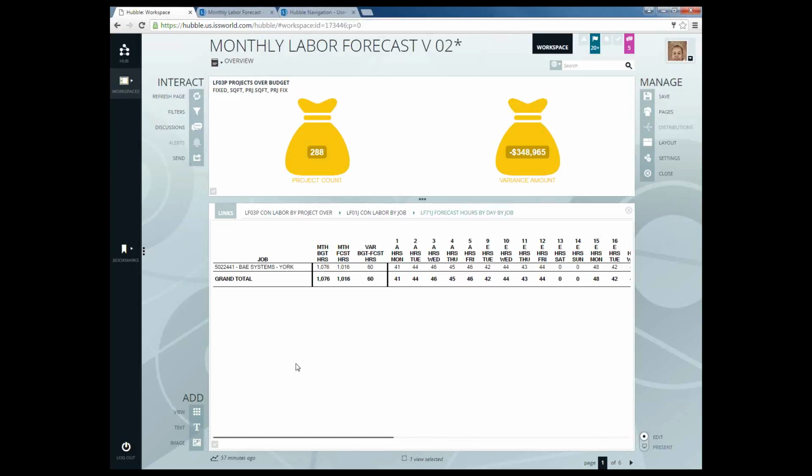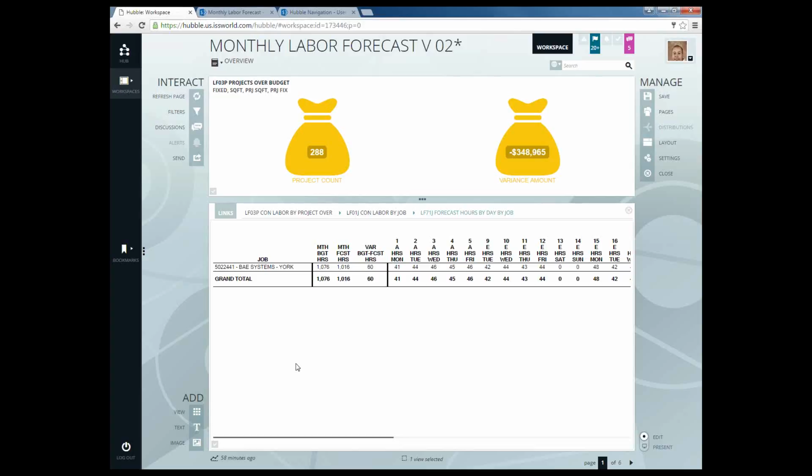Now if I go through the days of the week here, the first day of the month shows the different days of the week as well. Monday, it shows that I had an actual amount of 41 hours. So remember how this works: it's going to show you the current day, and yesterday is going to be averaged, but that's part of that 2-day lag. So being today, the 9th and 10th are going to be averaged